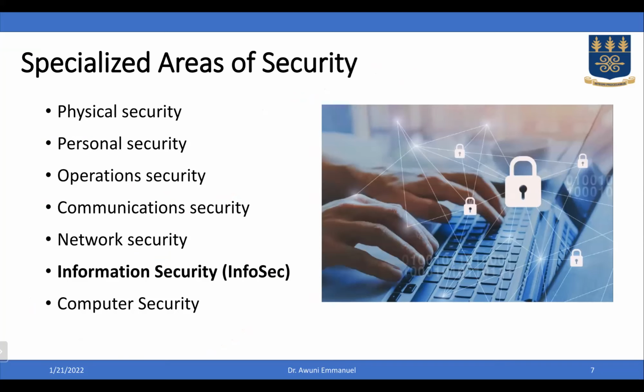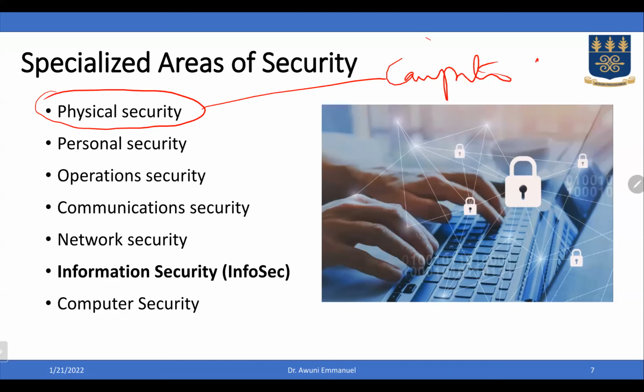That's one specialized area in information system security. Physical security is just about the protection of physical items, objects, or areas from unauthorized access and misuse. If you remember, I said years back, the main focus was on the computer. And because it was on the computer, they were developing very strong physical security measures to protect these computers.